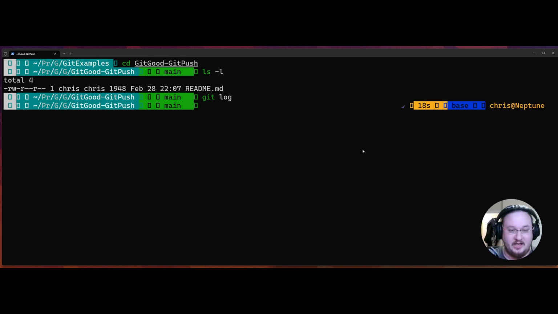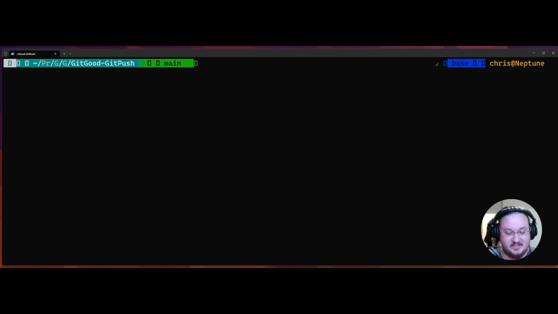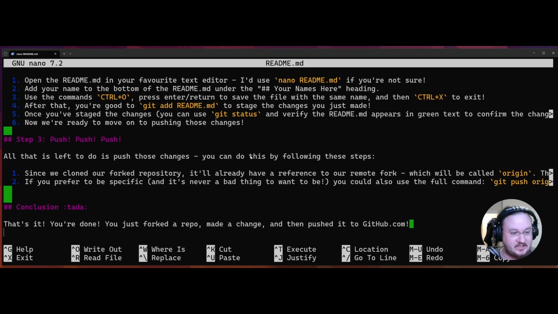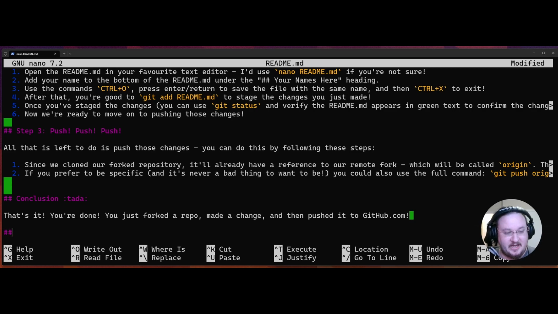Use that one. For demonstration's sake, just because it's nice and easy to follow, we're going to use nano. And so we're going to nano that README open. And as you can see, we have all of our README here. We've got all our markdown. And what we're going to do is add a new heading, and we're going to call that heading,